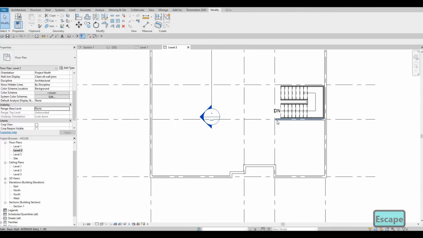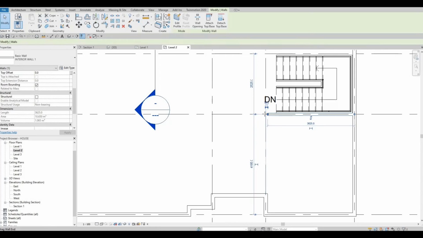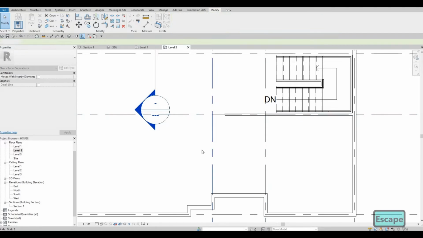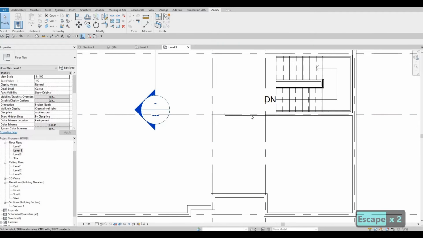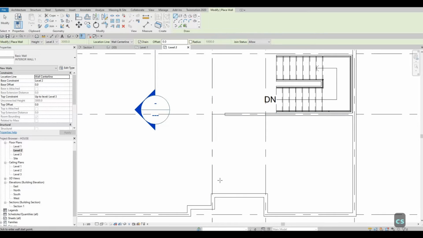The reason for that is so that we don't need to click there and then look for the wall again. Now that it's here on this level, we just need to type in CS now,